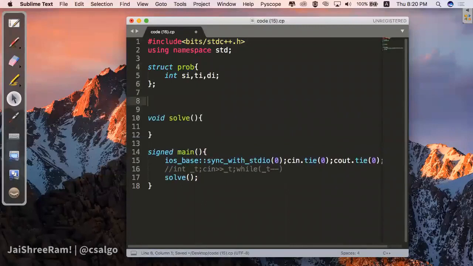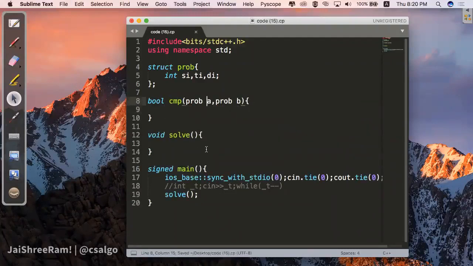And then we would like to compare these things to sort. So we would be writing a custom comparator in this particular case, where you can take a problem A and a problem B, and you would like to compare which will come first.